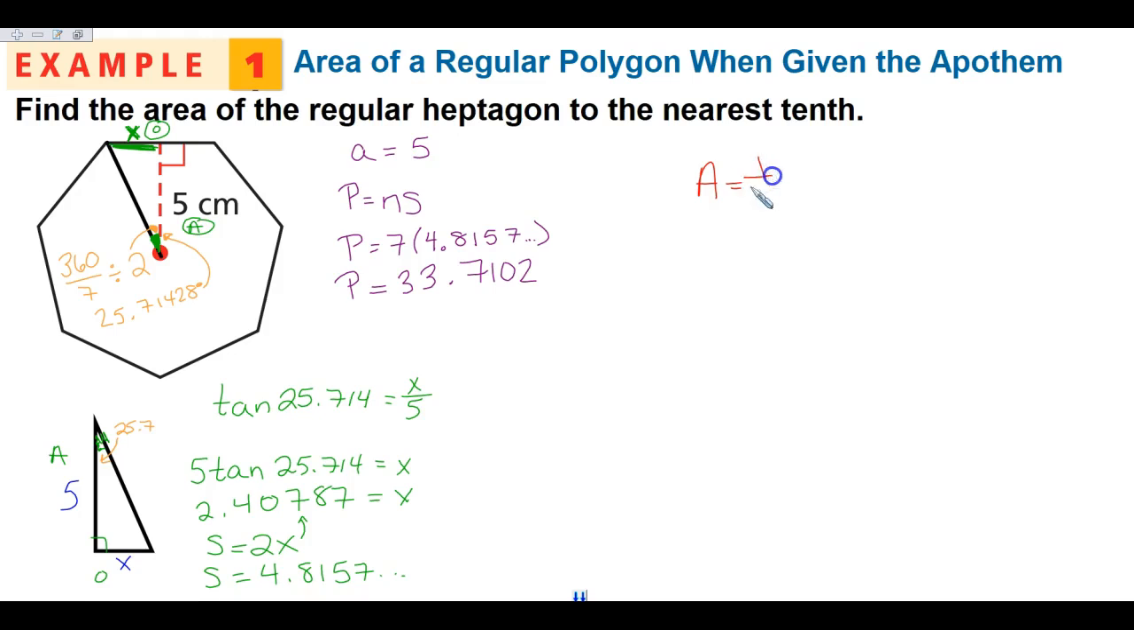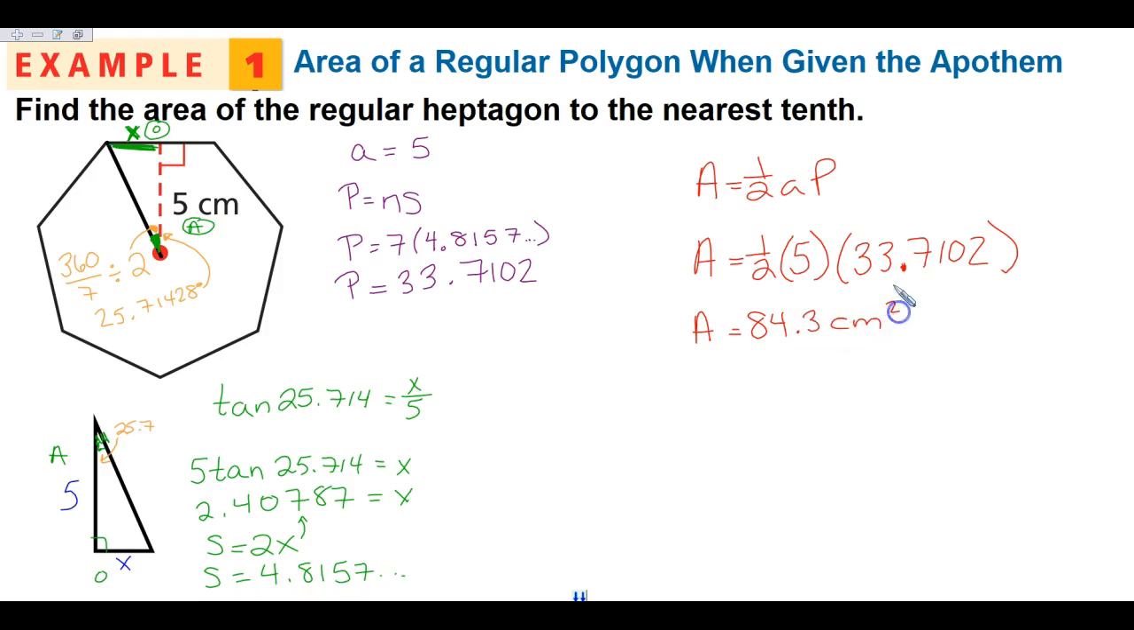So then we're going to look here at our area formula. Our area is 1/2 AP. So my area is 1/2, my apothem, which is 5, times my perimeter, which is 33.7102... okay? So you should still be looking at this full number in your calculator. You're going to hit times 5 divided by 2. Now we're going to round to the nearest tenth and get 84.3